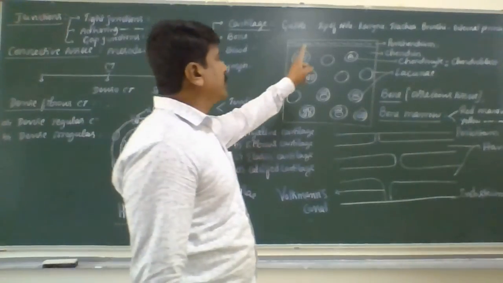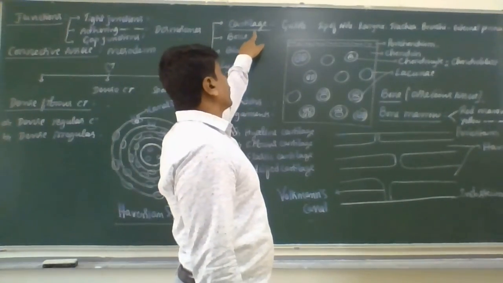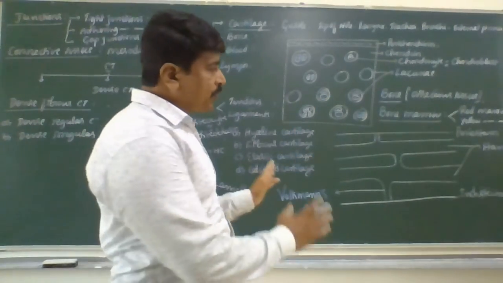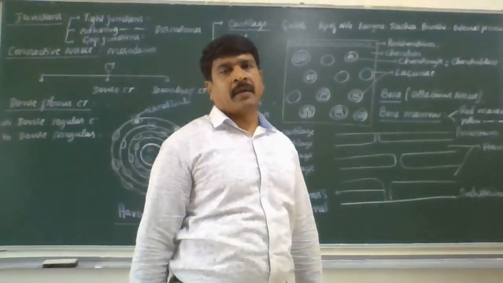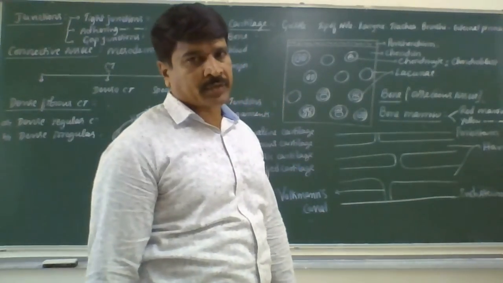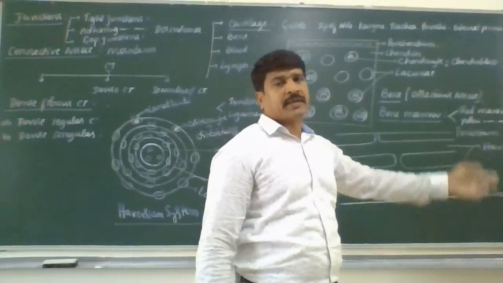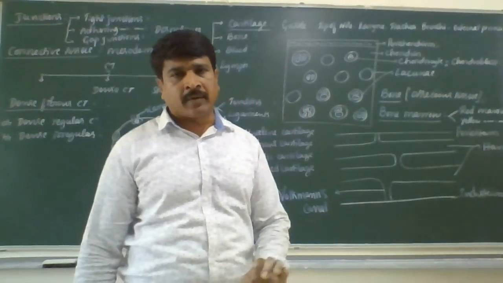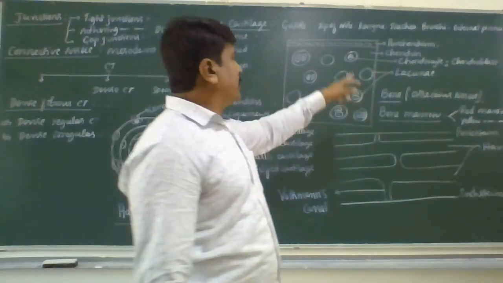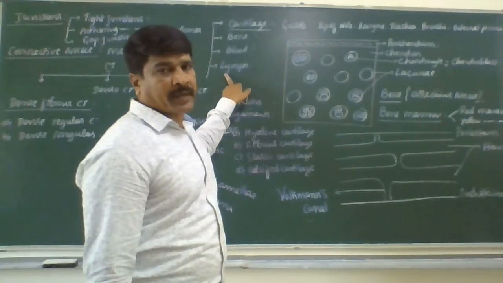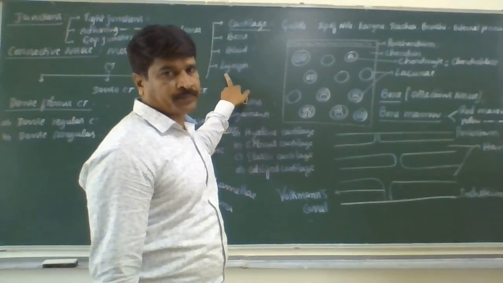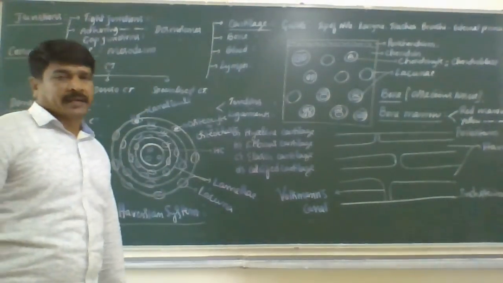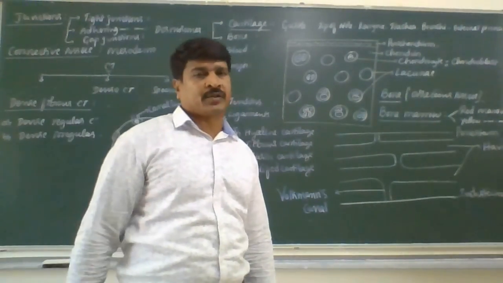Clear? So these two are the specialized connective tissues, cartilage as well as bone. I think it is very clear for you. So with this, we have completed the epithelial tissues and connective tissues. As I said, muscular tissues and neural tissues we already completed while studying locomotion and movement, neural control and coordination, and blood and lymph. This we have completed in body fluids and circulation. So this much you should remember under the structural organization in animals, that is called animal tissues.